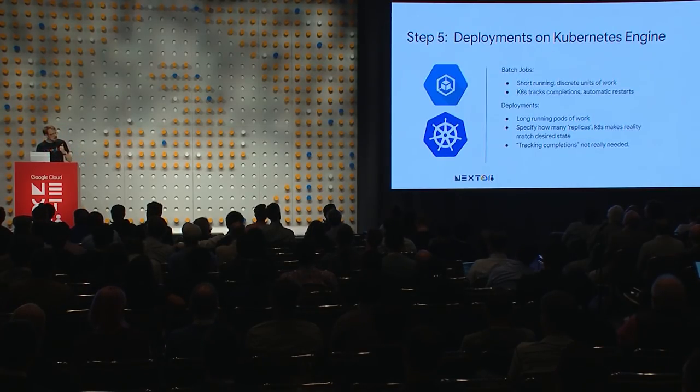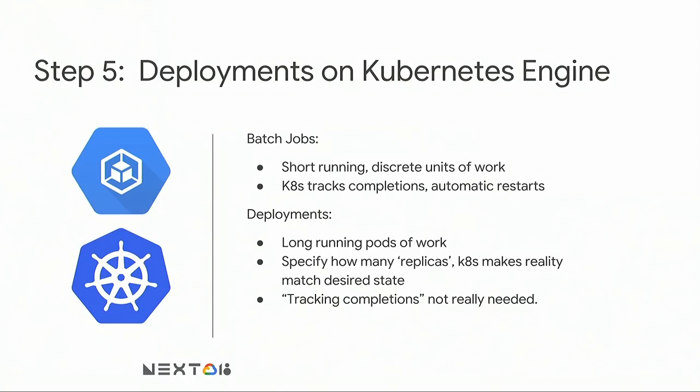And once we had this engine, now we could change to using deployments on Kubernetes Engine. Previously, when we were using GPUs, we used the batch API. Got a quick show of hands, people who've used Kubernetes before in this room? Cool, cool, that's great. The batch API worked really well. With 2,000 nodes, we had some interesting limits around tracking completions, and what we ended up doing was not bothering. We ended up writing our job as a job where we set something like 100,000 completions.